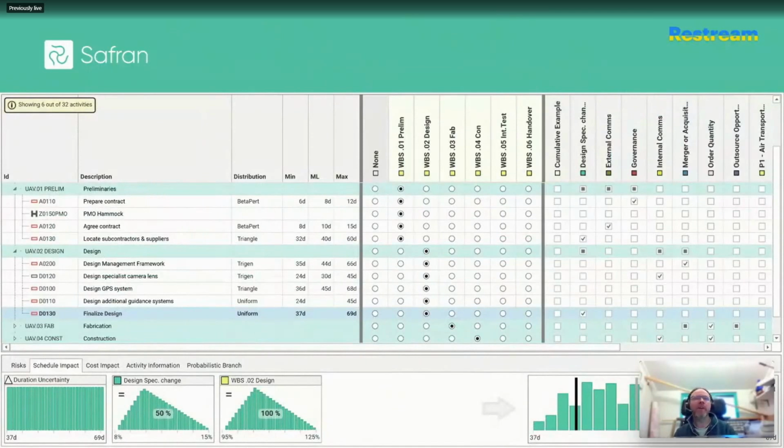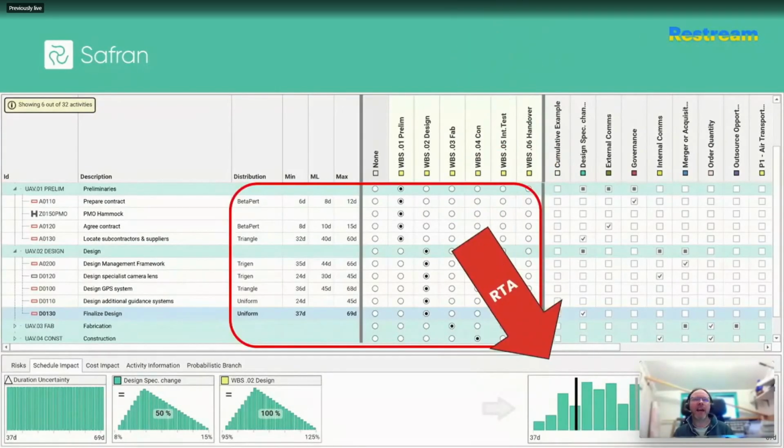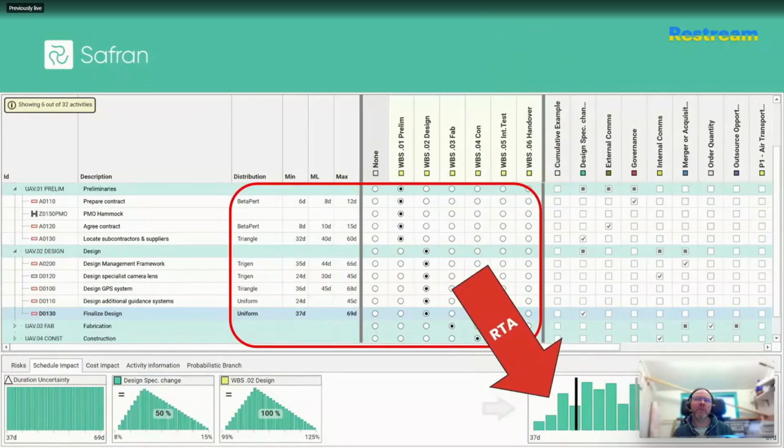But in the spirit of this being as impartial as possible, I feel obliged to point out that any of these methods that are discussed today are modeling choices. So Safran gives you the flexibility to focus on just one style if you want to, or blend them all together if you want to. But if you do go down that alley of blending them all together, just be careful that you don't double dip on your estimating uncertainty method and accidentally compound one range into another range, etc.